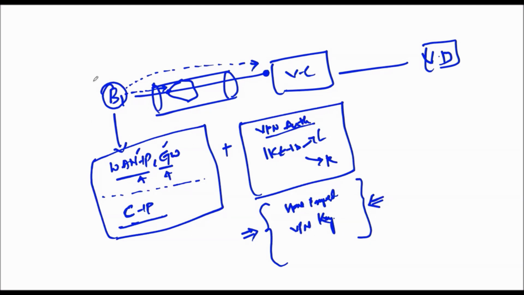No. Because the branch is running with a FlexVNF, and the controller is also running with a FlexVNF. It is the same operating system running on the branches and the controllers, which implies that they are going to support the same set of VPN proposals. So they are going to use it.